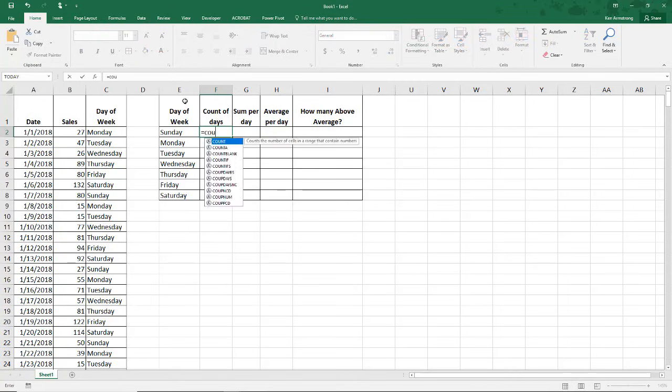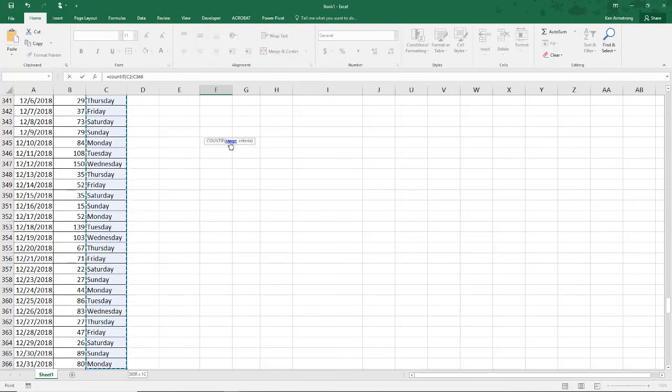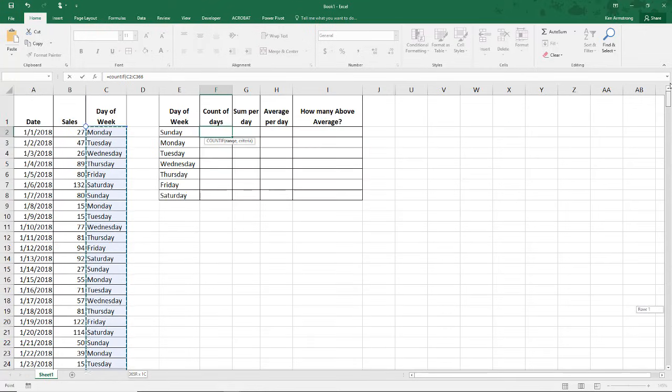Equals, I want to COUNTIF. There are two different functions here, COUNTIF and COUNTIFS. We'll talk about the IFS in a couple of minutes. But here I just want COUNTIF, so parentheses, and I want to do the range. So this is the day that I want to count and compare it to this particular one. So I click on the top cell, and again, I could drag down to the bottom, but I'm going to hit Control, Shift, down arrow, and it automatically highlights all of those days. Now I can drag my way back up to the top. There's a shortcut for that too, but I'll get into that in a minute.